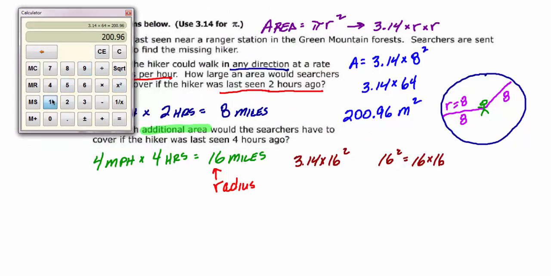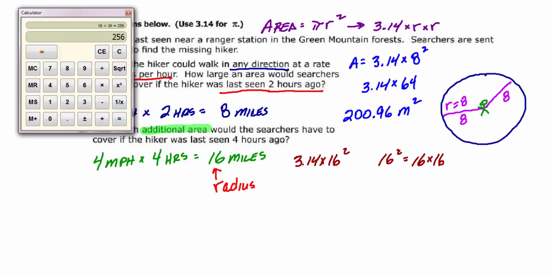And I'm going to multiply 16 times 16. Oh, I got to be careful. Notice I only put a 1 in there that time. So let's clear it and start again. You want to always make sure that you're putting in the right numbers. 16 times 16,